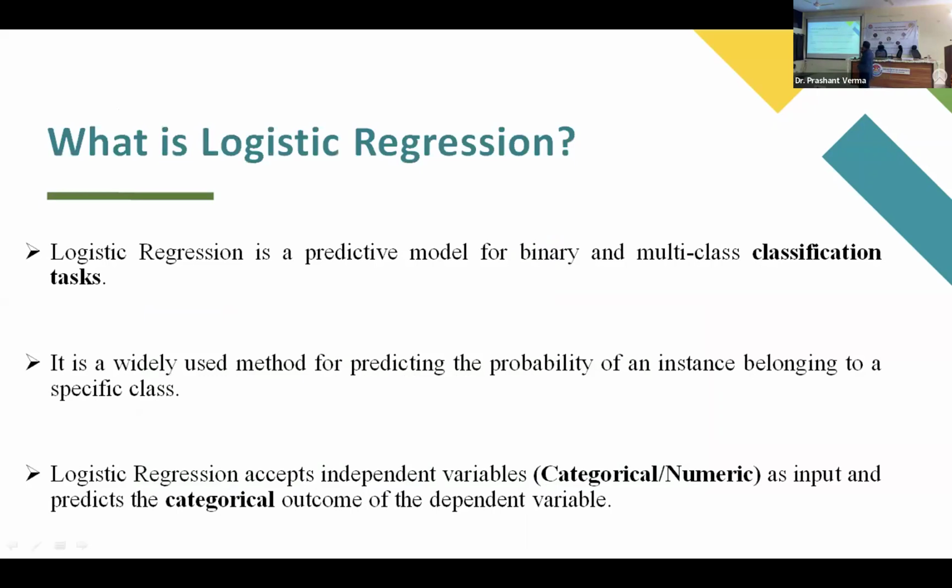So now, what is logistic regression? What can a logistic regression do? It can classify objects or respondents into different classes. It predicts which class a particular respondent or a particular data point will fall in. It can be a two-class problem. It is written here binary or multi-class problem. So the target variable can have two values, two classes, or more than two classes. It can be three class or four class or something.